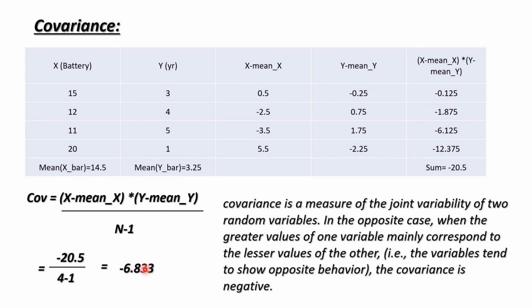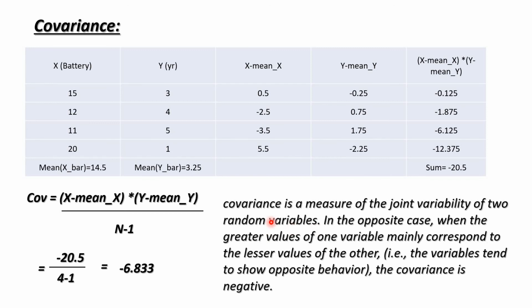What does this negative tell us, guys? If the covariance is negative, that means the relationship between x and y is inversely proportional; they are different, they are moving in the opposite direction, right? If the covariance is positive, that means the relation between the two variables is directly proportional; they are similar and moving in the same direction, right, guys? If the value is 0, then you can consider that there is no relationship between x and y.